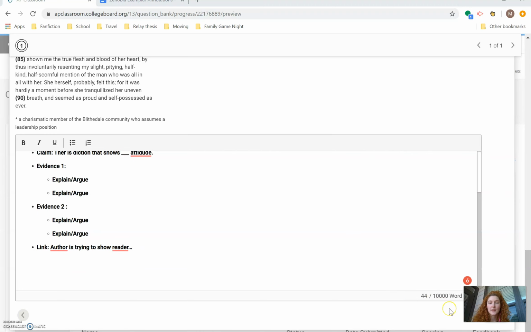And I don't have it because this is a teacher view, but you will have a submit button down here at the bottom, and it is essential that you hit that submit button, because even if you have work in there, if you do not submit the work, the graders can't see it, and it counts as a non-submission, as if you weren't even there for the test. So it's really important that if you submit your work early and it's unfinished, it's better than not submitting it at all.